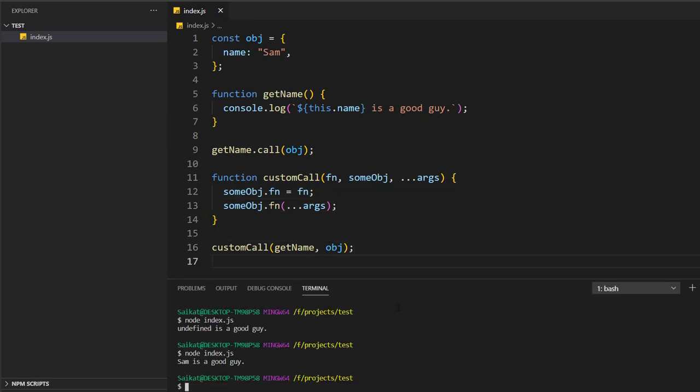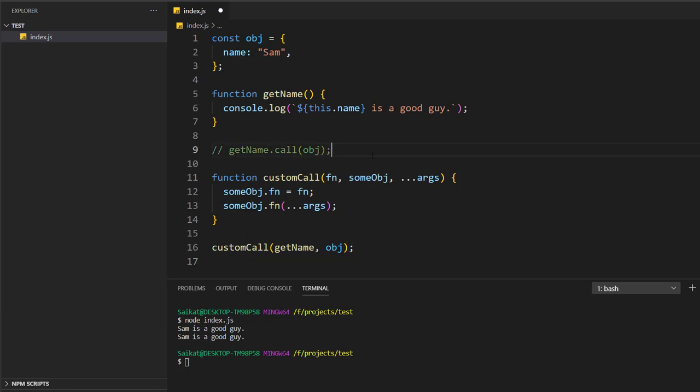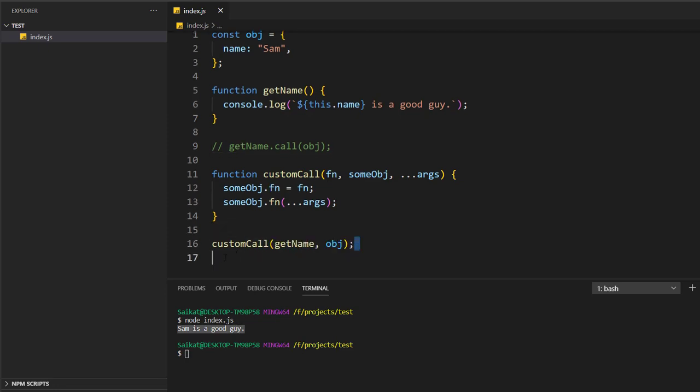Let's run this now. I'm getting it two times because this is also running. You see here I am getting "Sam is a good guy." This is from this function, right? This function is giving me that value.